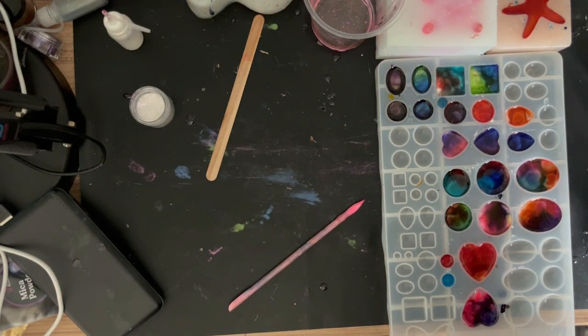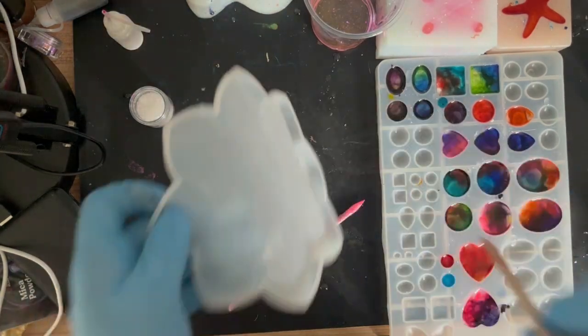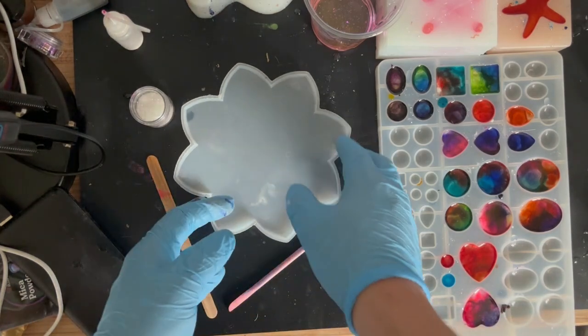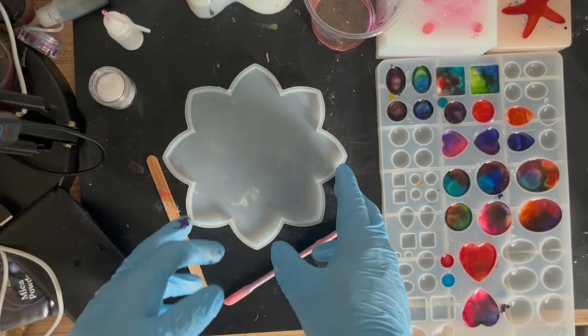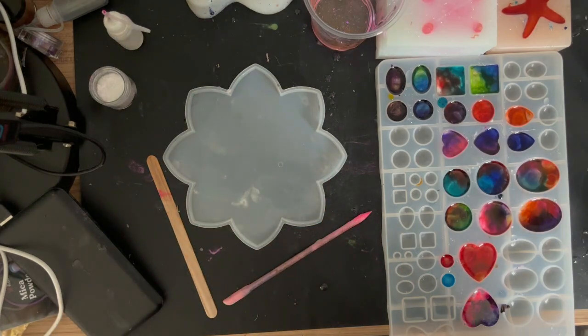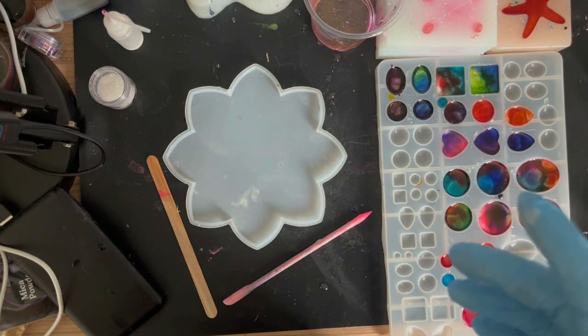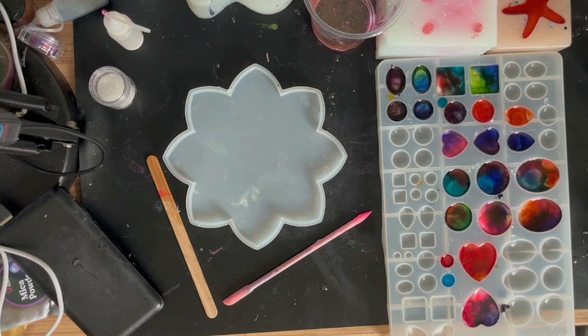I'm going to use this flower mould as well that I've been using quite a lot recently, just because I think it comes out with some really cool effects. And I think even if you don't get the perfect bloom with it, you've still got a flower shape, so you can pass it off as a bloom. So there we go. And then what I'm going to do is just pick, I think, 2 different colours at random from my mica box,